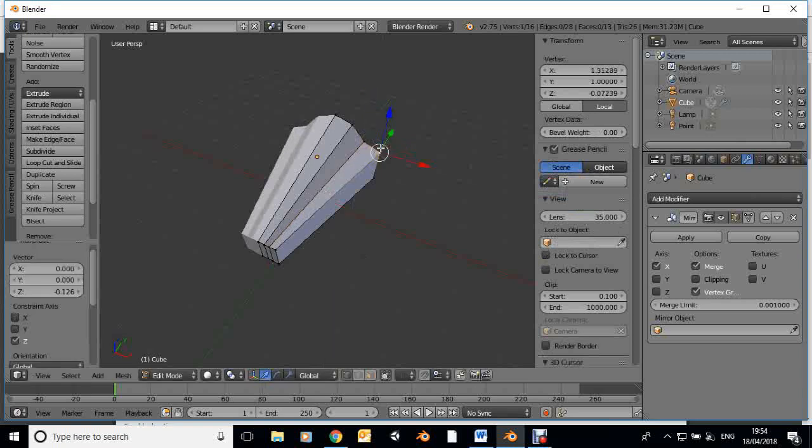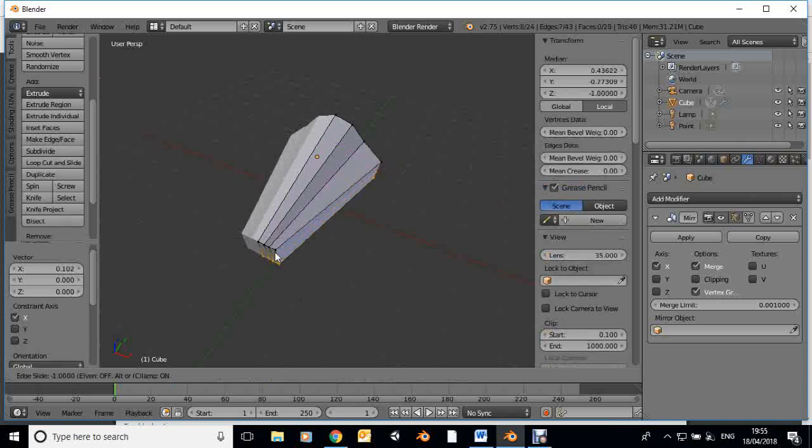And then bring this point down a bit further. And perhaps out a bit as well. Yeah, maybe. Okay, I'm going to put another loop cut around here now. So this one's this side. Okay, and that gives me,